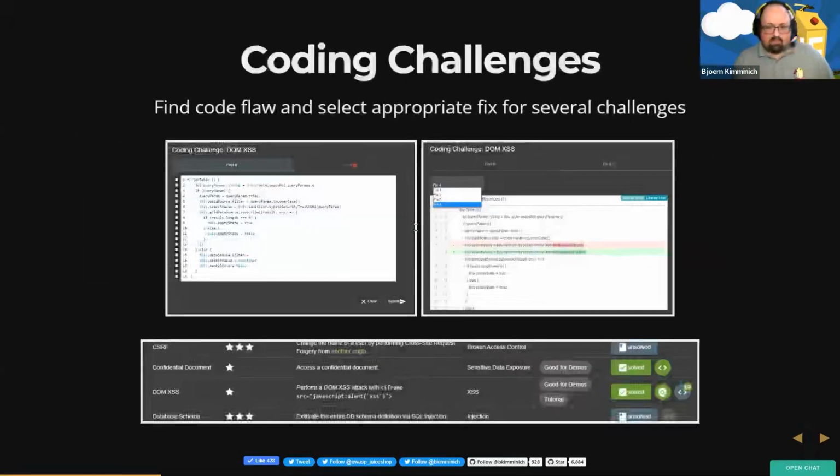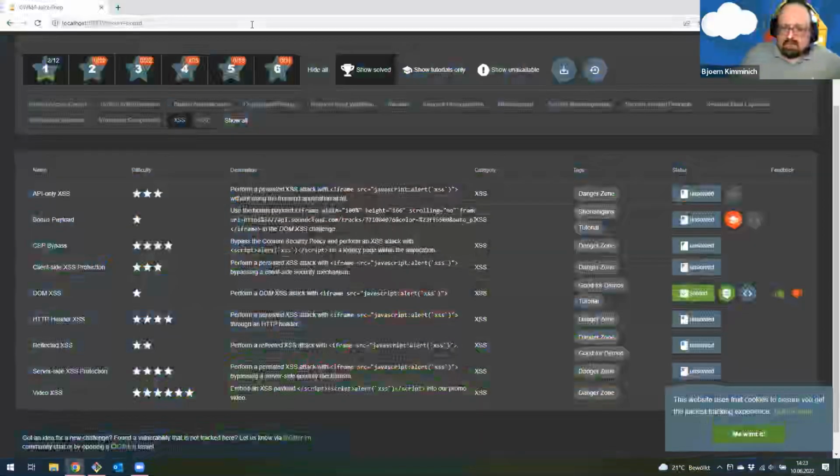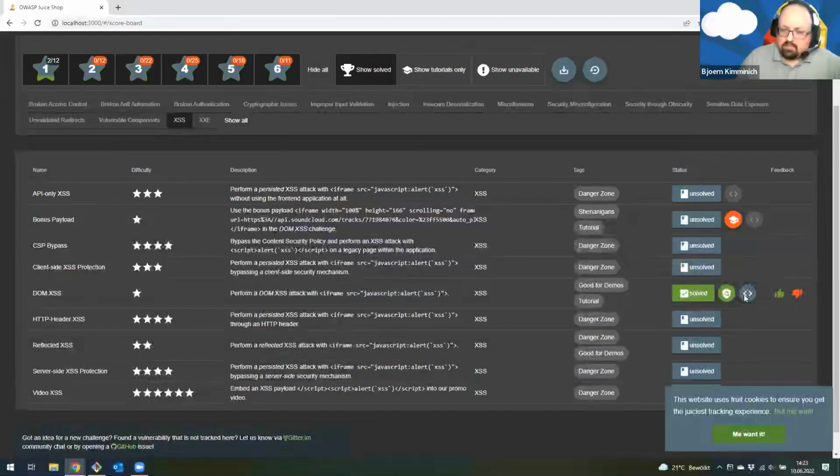So we also have one feature that is still quite new, which is called coding challenges. Whenever you solved a hacking challenge, like we just did with the cross-site scripting, for some of the challenges, there's a subsequent coding challenge available where you should try to find out why this problem actually exists. And this is something which I would also like to show you. Let's pick as the example our just solved DOM XSS attack, right, on the search field. So if you click this button here,